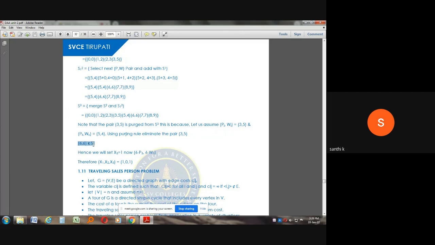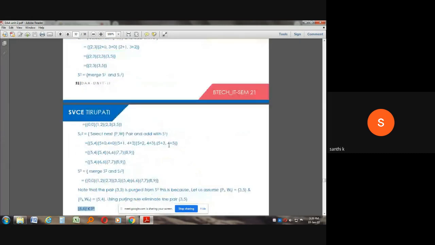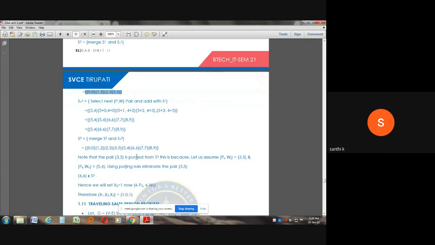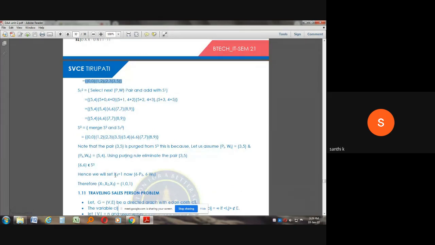So this 6, 6 belongs to the final set S3, and now we have to check whether this 6, 6 belongs to S2 or not. So when we come to S2 set, these are the ordered pairs in S2. So it does not contain 6, 6. So ఒక సెట్ లో ఉండి దాని ముందు సెట్ లో లేకపోతే we have to consider that object. That means ఆ ఆబ్జెక్ట్ ని కన్సిడర్ చేస్తున్నాం. That is third object X3.